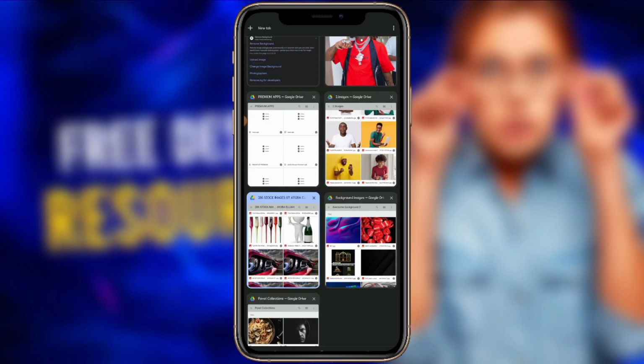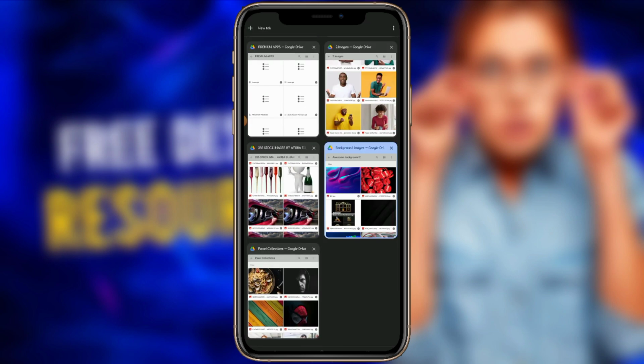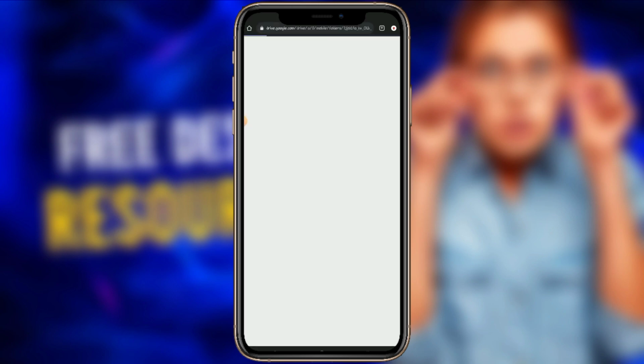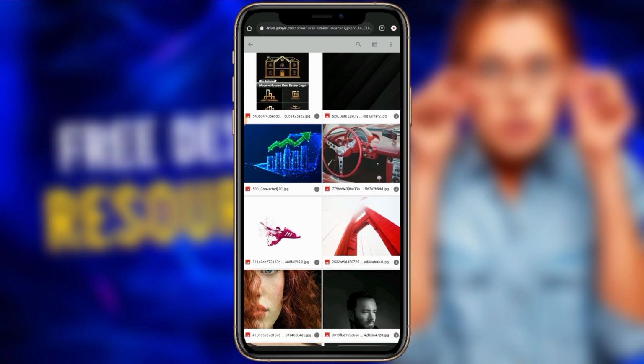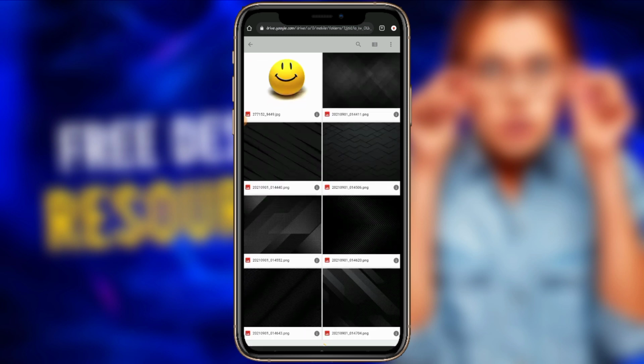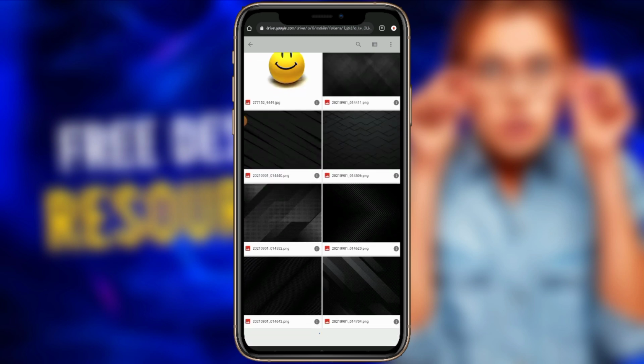And as well, we have this, it's a background as well. These are backgrounds as well we can use on your